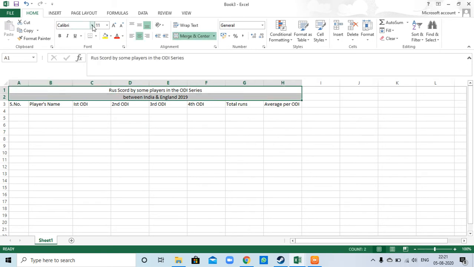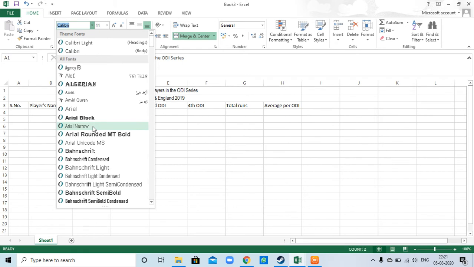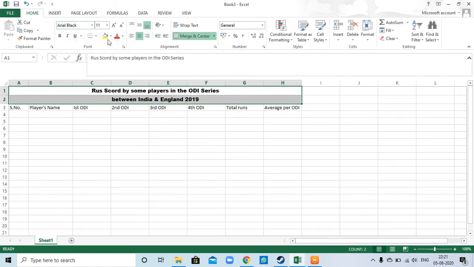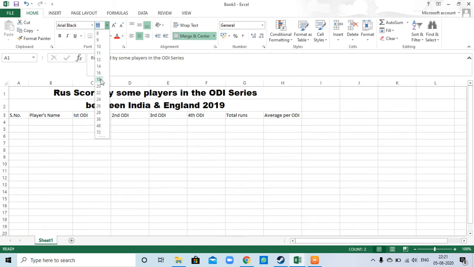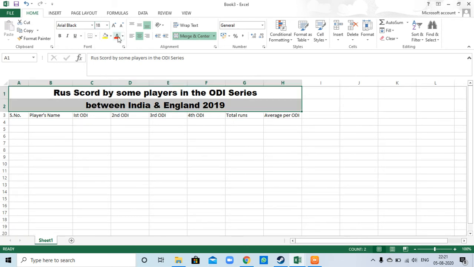Now you can select any font. Change the size. You can also change the color of the font. This is regarding font color. Font color means change the color of your text.